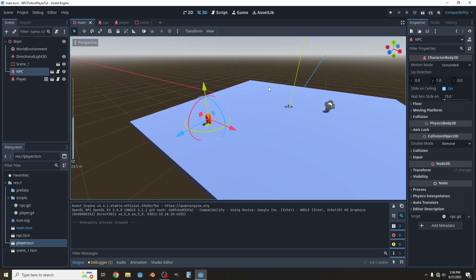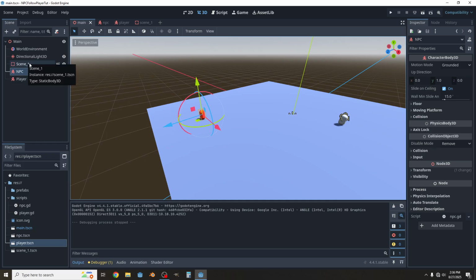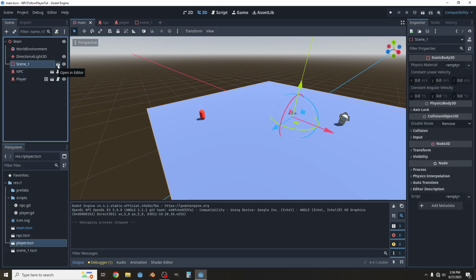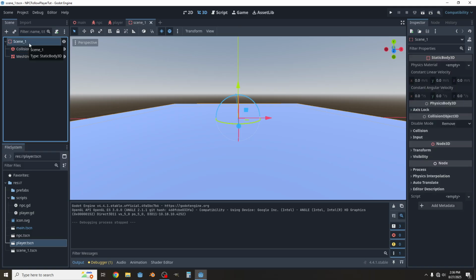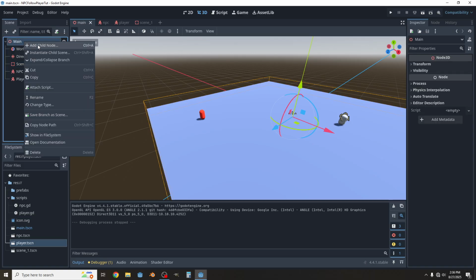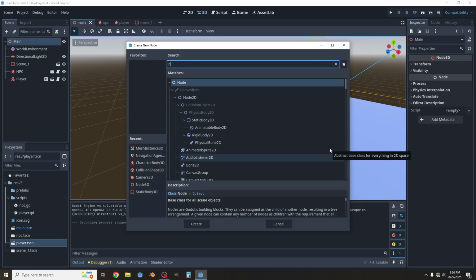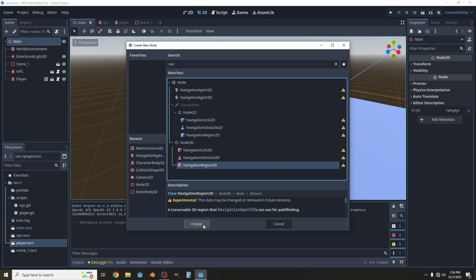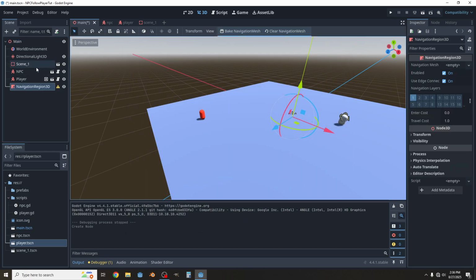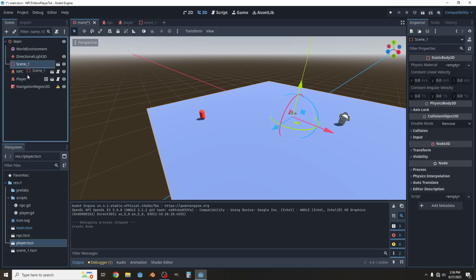Oh, there's one thing we forgot to add: a navigation region. So let's go into the main scene, add in a navigation region 3D, this one. Click create, and then we'll drag in the scene 1 into the navigation region 3D,